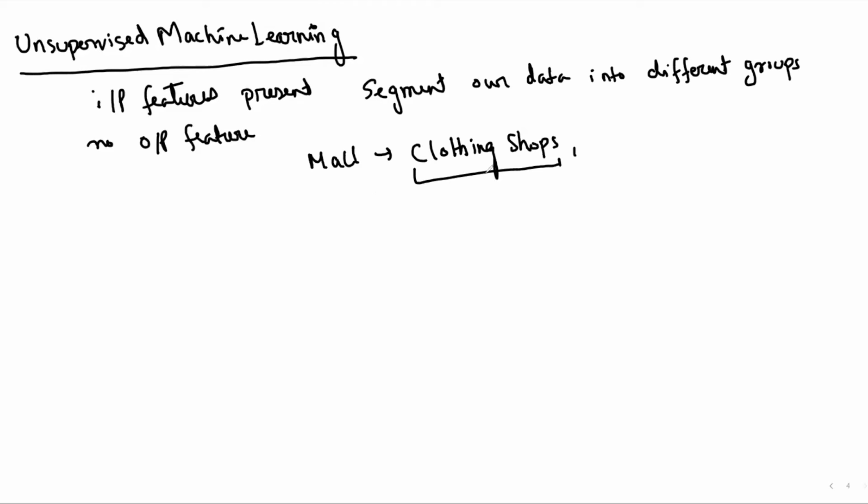Now the owner of the clothing shops wants to understand the behavior of the customers. Based on it, he or she will make some changes in their shops to increase the sales. Ultimately, the end goal is what? Increase sales. There should be a profit to